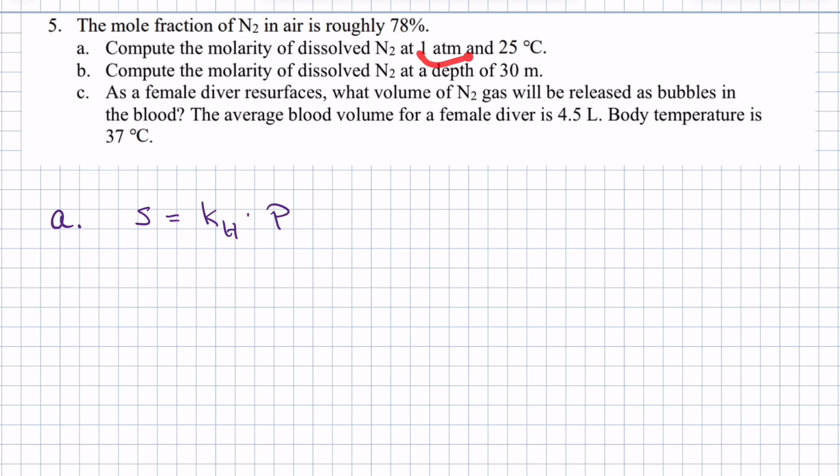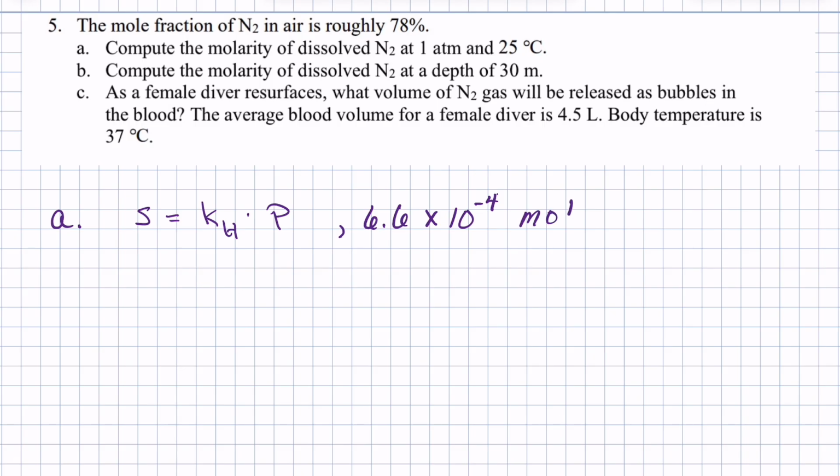Since we are using atmospheric pressure here, we're probably going to want our Henry's law constant to be in terms of atmospheres. And let's just say we're looking for a constant that gives us solubility in moles of solute, or in this case moles of nitrogen, per liter. We'll find a variety of different constants online, and generally speaking, the values range somewhere between 6 and 7 times 10 to the minus 4 when using units of moles per liter and atmospheres. So we're going to use a value that is roughly 6.6 times 10 to the minus 4